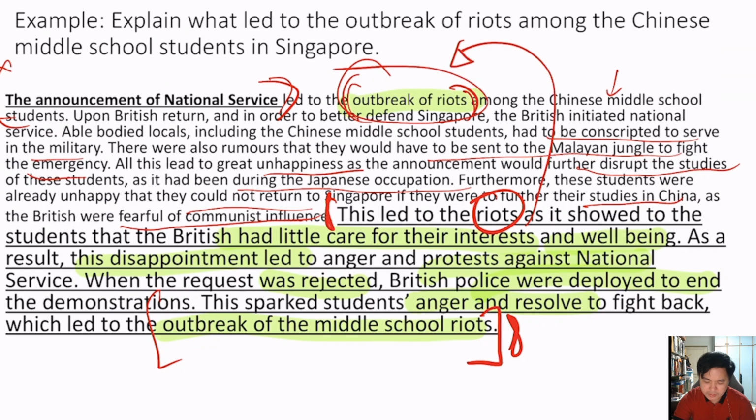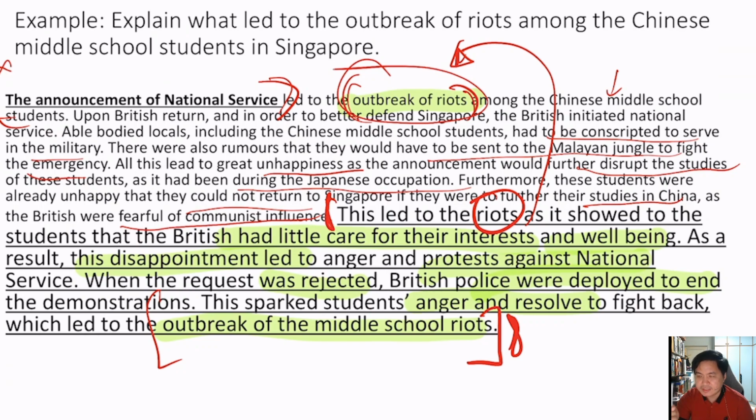Can you see? I am explaining how my main sentence here led to the outcome that I want to achieve. So all your explanation must go back to the outcome that you want to achieve. The reason you are memorizing your facts is so that you can use your facts in the exam to answer the question. I don't like to give moral answers. I like you to understand the technique.